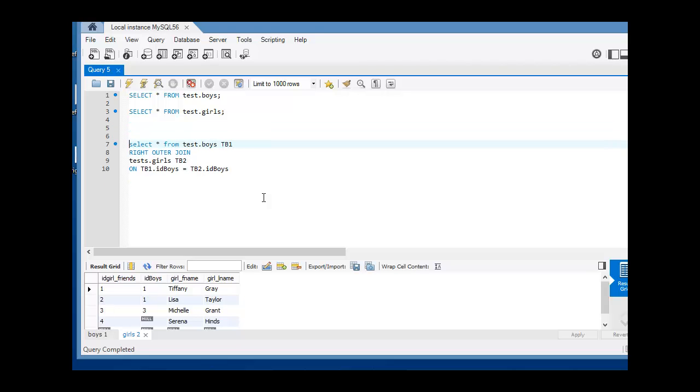So again, we need two tables to write the outer join. One is your left table, which is test.boys, and the next one is your right table, which is test.girls, and we always need a join predicate. What does a join predicate mean? It's a matching column between both these tables which sets up the relationship. So now when you execute this query,